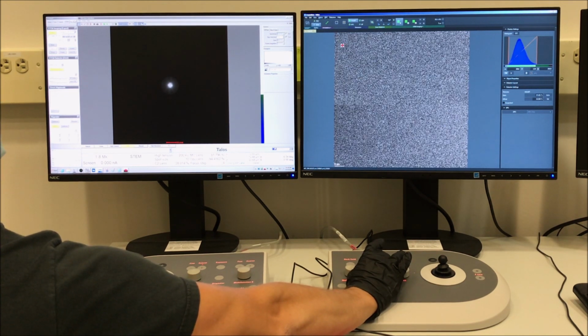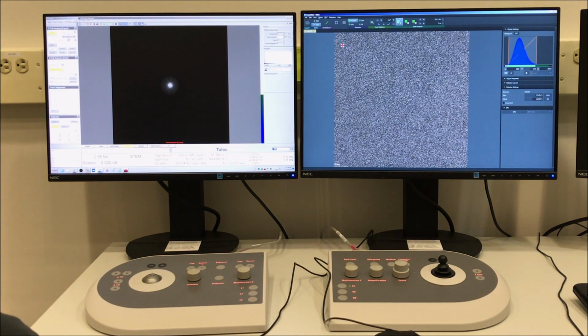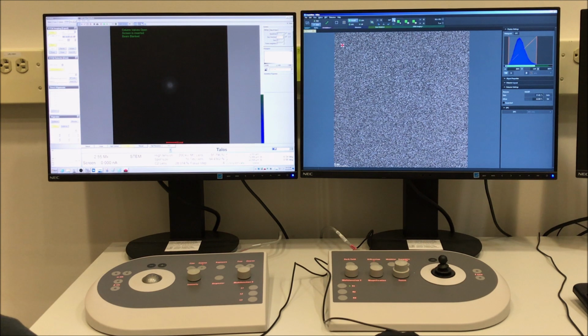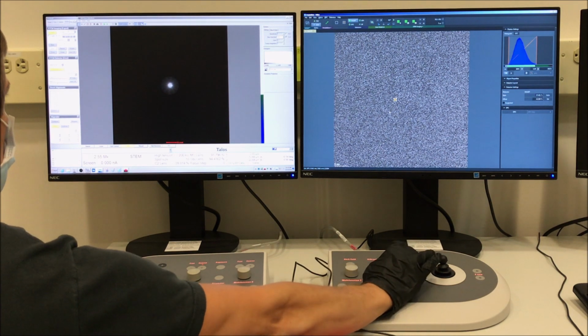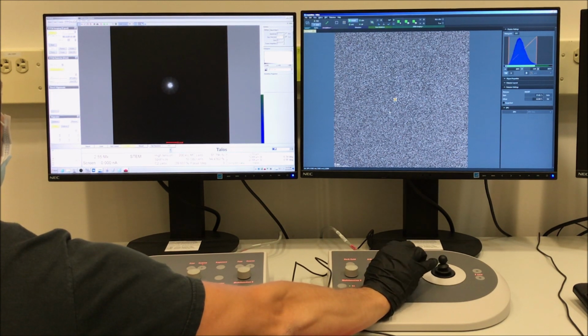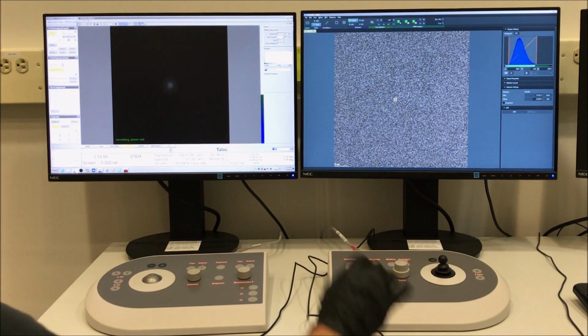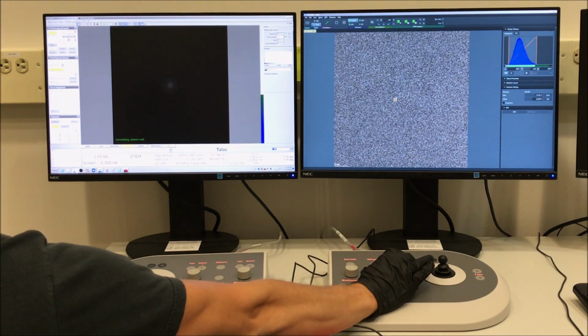So now I will increase my indicated magnification to at least a few million X indicated, and then I will pause the live image by selecting View from the main toolbar in Velox, unblanking the beam, and then dragging the beam position marker to the middle of the image. And now I will use the focus knob with a setting of maybe 2 or 3 to dial in the focus to our starting point,